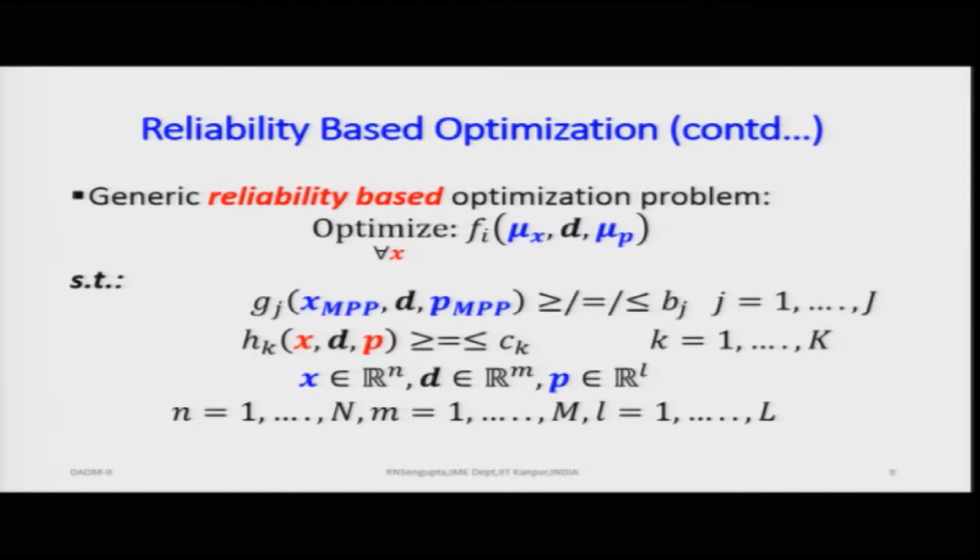So, now how you do it? So, in the generic reliability based optimization problem, you have that functional value of f_i, where i is equal to 1 to whatever values of capital I you have, and the mean values which you have, the mean values which are blue in color, which I am now highlighting with yellow, these p values are the parameter values which are external, and this x are the decision variables.